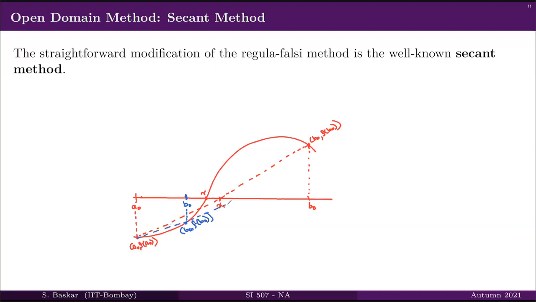We can see that the line may also intersect the x-axis. Let us change the notation a little bit and call these points x0, x1 and this intersection x2. Now you discard x0 and take (x1, f(x1))